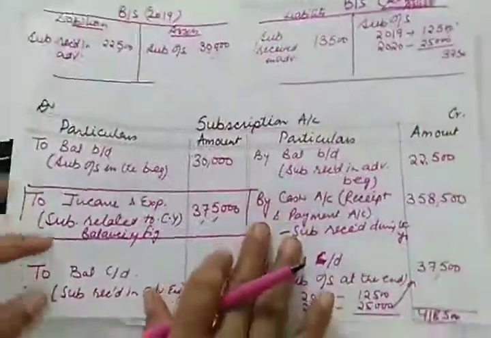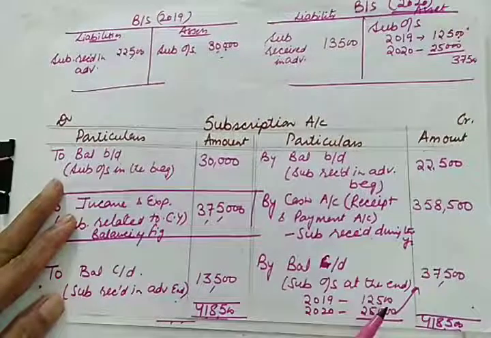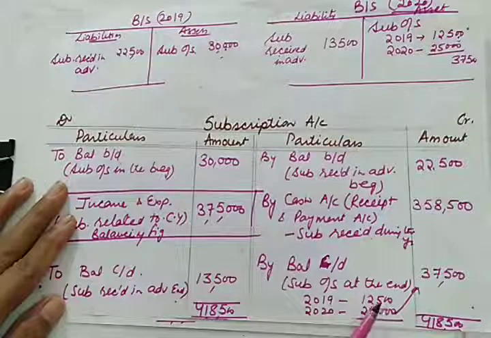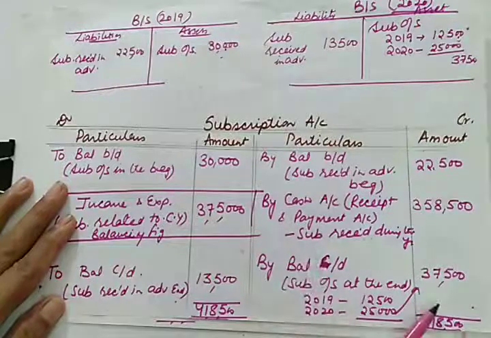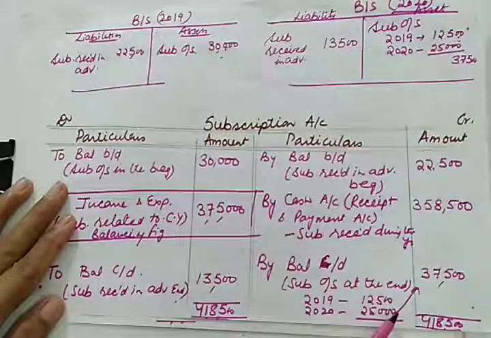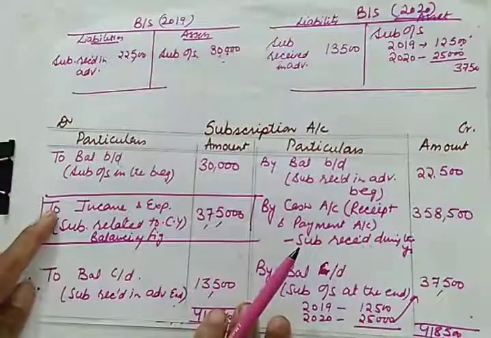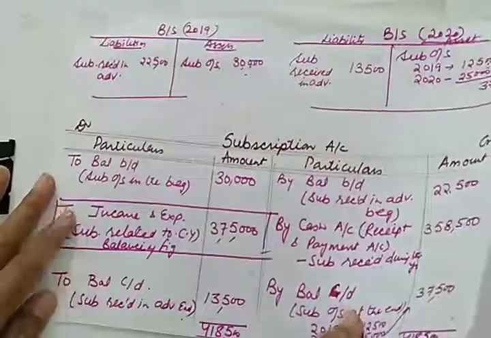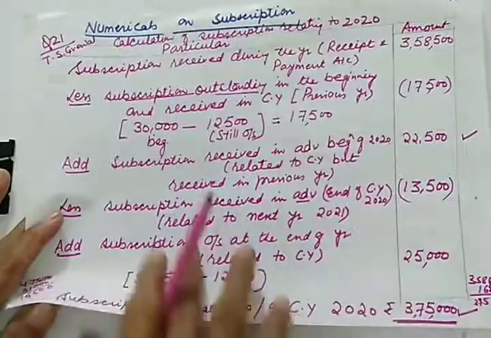But here, especially in this question, because subscription outstanding during the year or outstanding on is given to you. So here you need to write both the subscriptions. So this is total outstanding when you are making a ledger, and need to write this separately, and how this balance sheet items will be recorded. I hope everything is clear to you, and how we arrived at this balancing figure, and this balancing figure is to be credited to income and expenditure account. And whether you go by statement or you go by account, you will get the same answer.